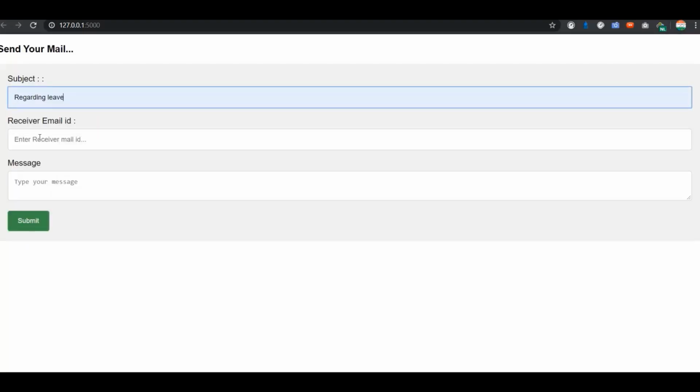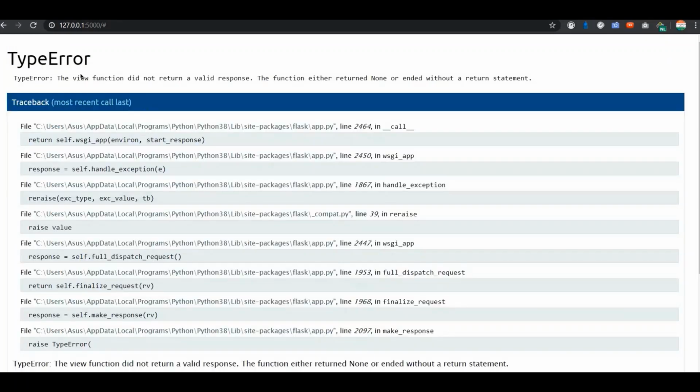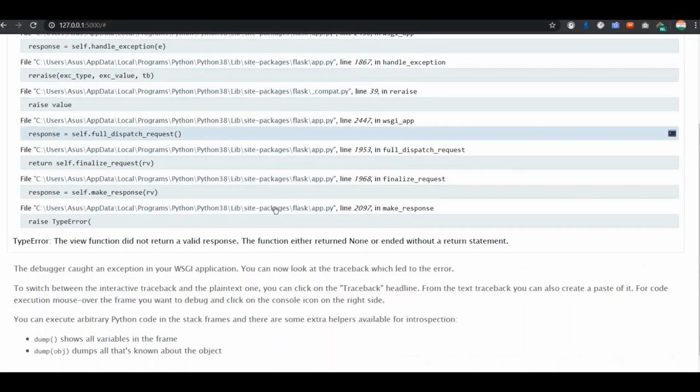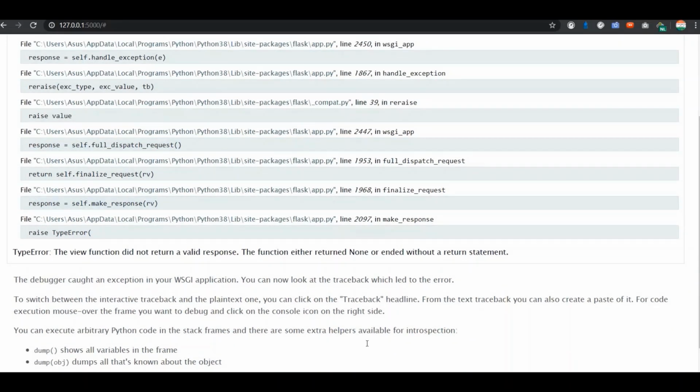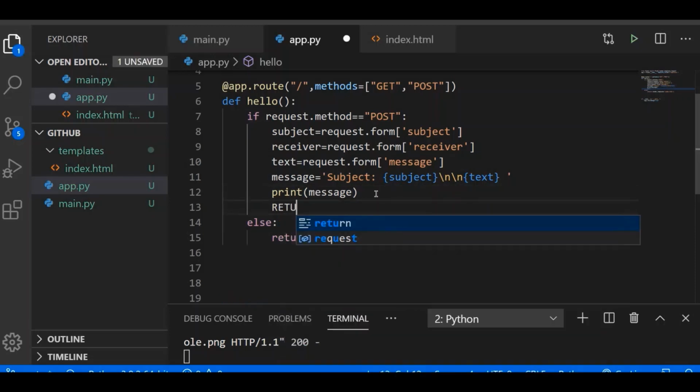So suppose this is the message, this is the email ID, and this is the test submitted. It is showing me the error: the view function did not return a valid response. The function either returned None or ended without a return statement. So it has ended without a return statement. For that I will be returning something. So I will say return